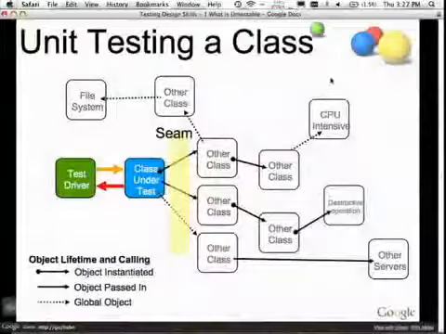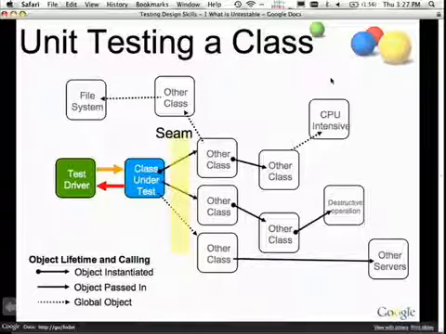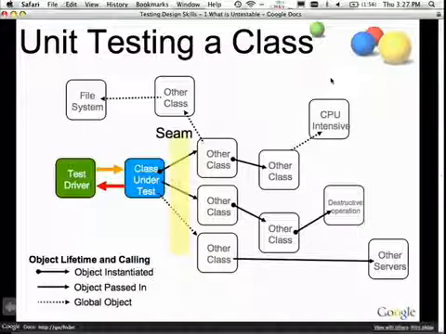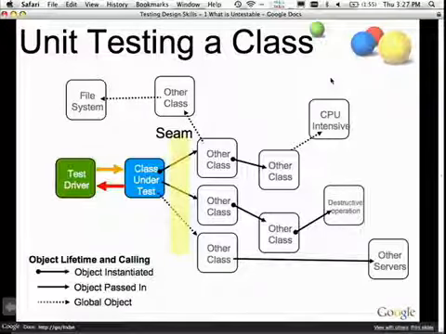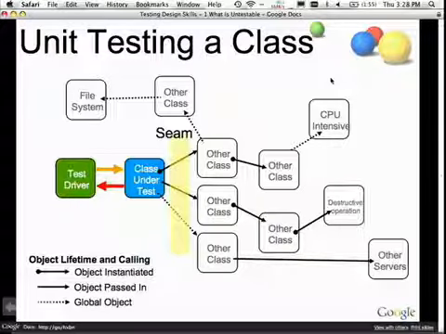So in order to test this thing, really you need something we call the seam. We basically need to be able to take a knife and cut all the dependencies. The seam is important because it allows us to divert the execution of the code. This is why procedural programming is problematic, or rather static methods are problematic. Because if you call another static method, there's nothing I can do in a test to prevent that call from happening. Now, I'm sure you can come up with a simple case like, but I'm just calling Math.absolute value, therefore it's OK. But